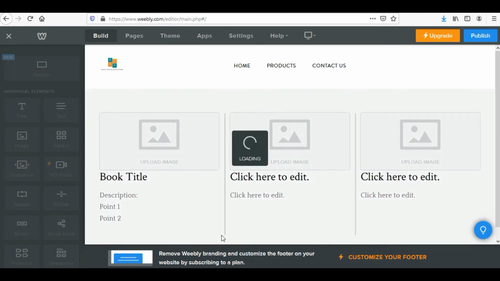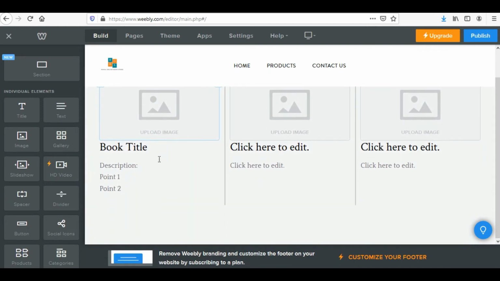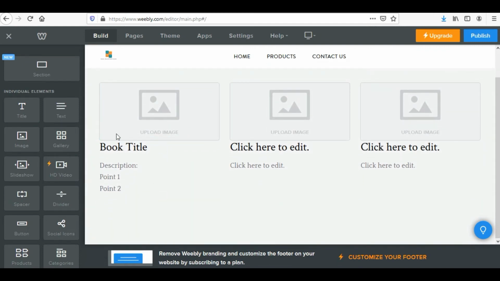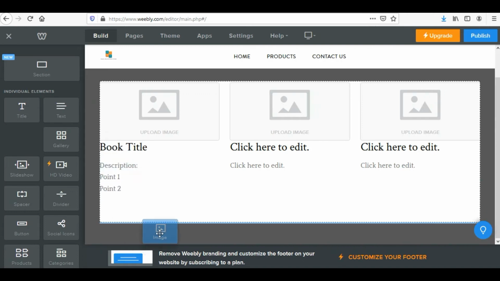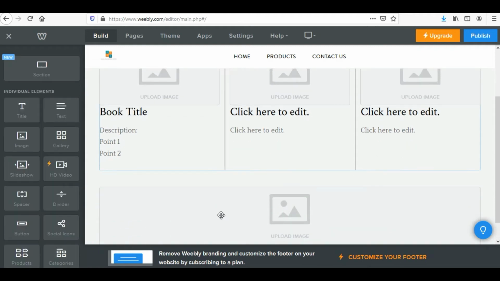Once a spacer is added, I would again repeat this process where I would be showcasing my fourth product, then description, and the text of it. So image, I'll drop over here. It has taken the complete page.